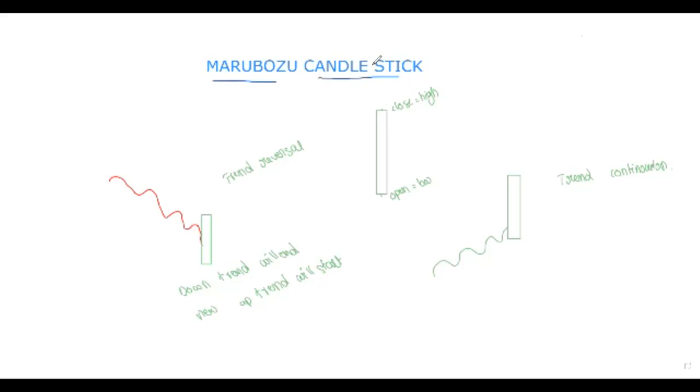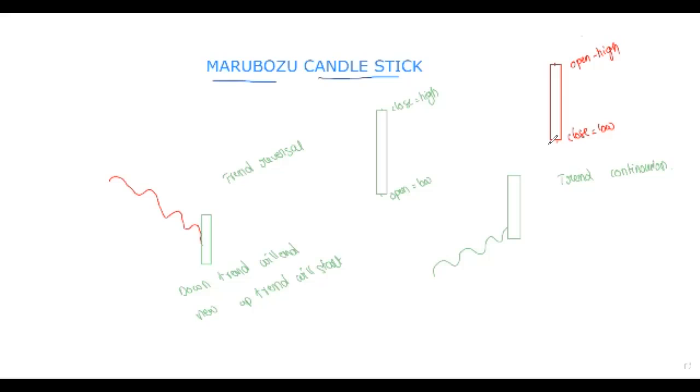So now coming to bearish Marubozu. What is the meaning of bearish Marubozu? Suppose the stock price opened here, that open is equal to high, from that the stock is falling and closed at almost the low of the day or low of the time frame, then it is called a bearish Marubozu. Here also, the same: if small wicks are there, you can neglect that and consider it a bearish Marubozu.